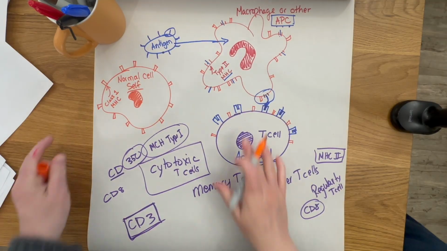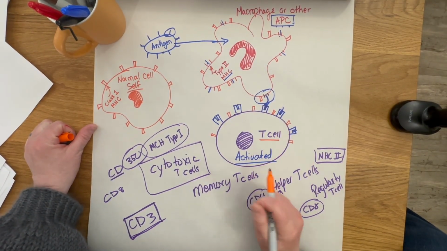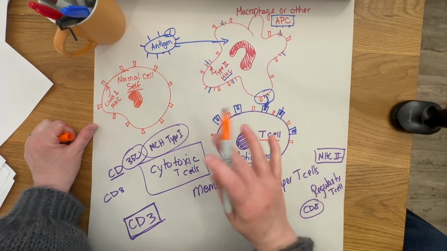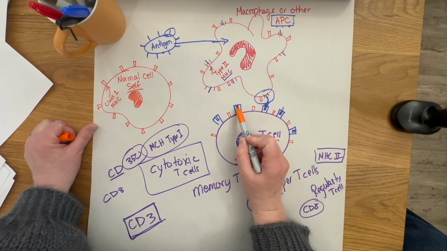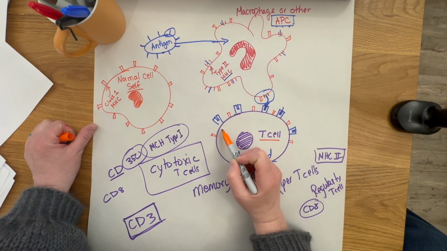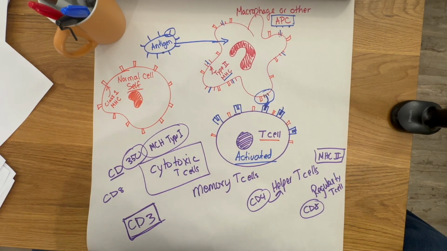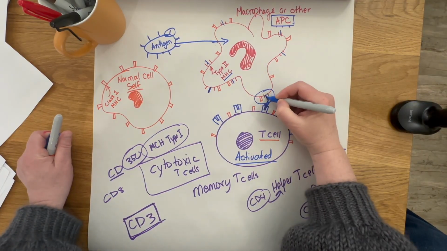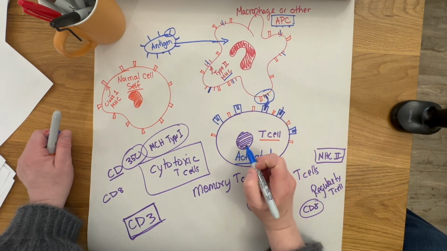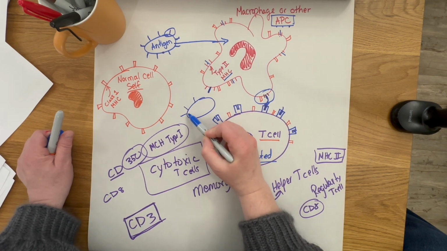Okay, so when they present these to the other cells, maybe a T cell. Okay, so let's say it's a T cell. We're going to kind of follow it down that rabbit hole. So when the T cell that has this very specific antigen receptor on its surface that matches, as you can see, these little antigens on the antigen presenting cell, it's going to be able to bind there. Also, if it binds to a bacteria here,